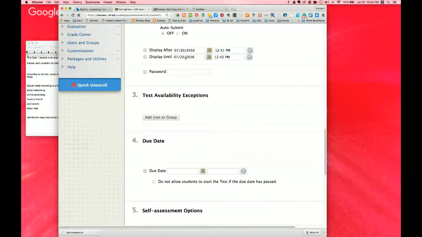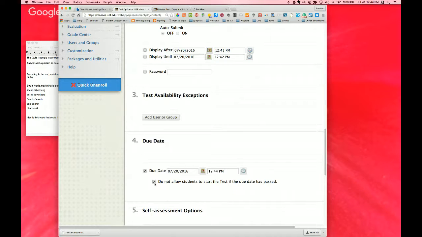So if you want to give students the opportunity to review the quiz so that they can prepare for a midterm or a final exam, you might want to just select a due date and then make the test,